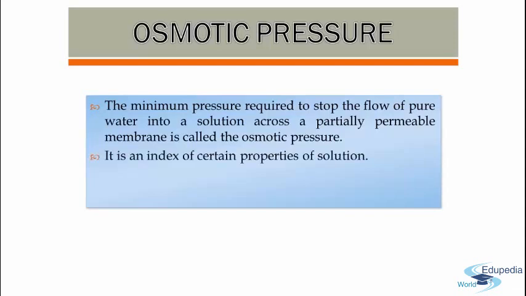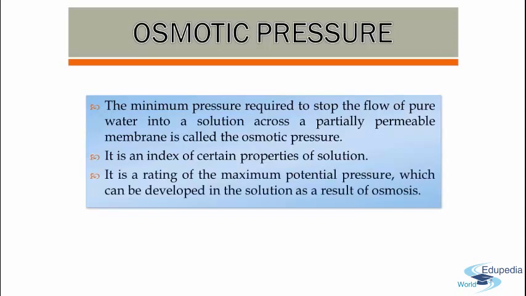The term osmotic pressure is more usefully employed as an index of certain properties of a solution rather than as a designation for an actual pressure which accompanies the process of osmosis. It is a rating of the maximum potential pressure which can be developed in the solution